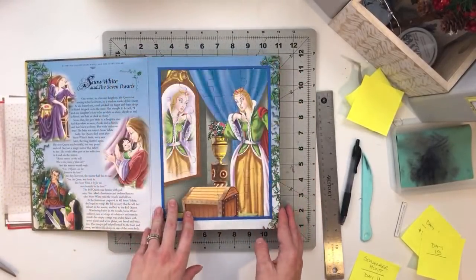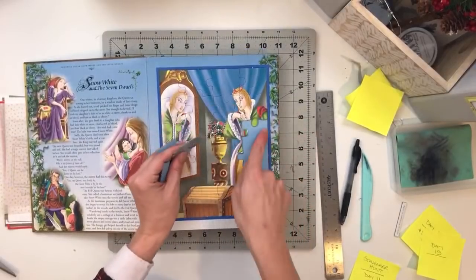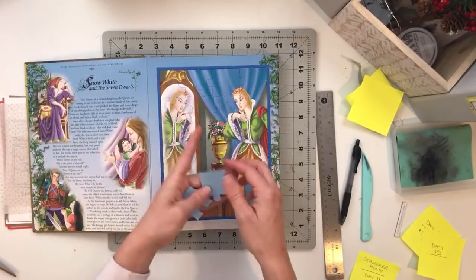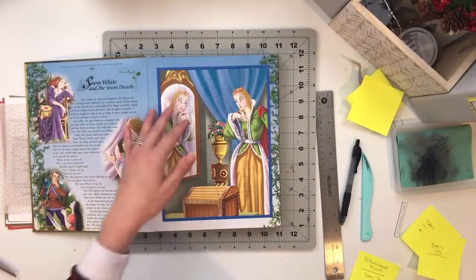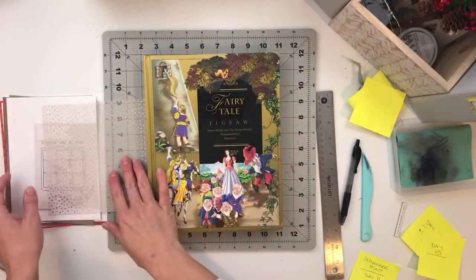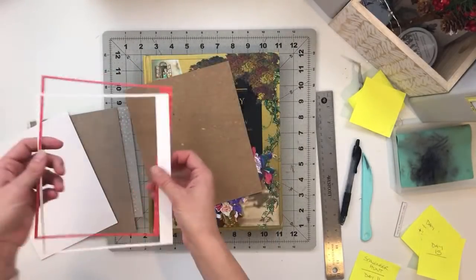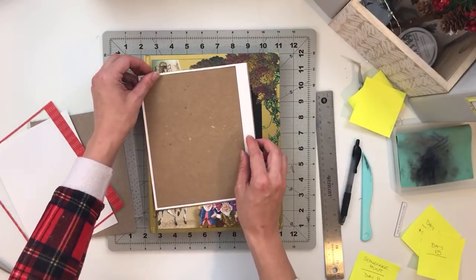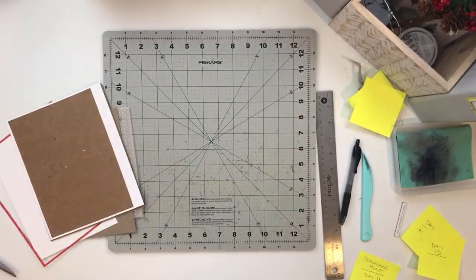The way this works is it's a puzzle inside of a frame. If I pull the puzzle out, there's a ridge right here that you can build the photo inside of. So what I want to do is create a page that works just like this, but for my album. I have a frame that I'm going to use, which I made. I made a silhouette cut file for it, but there's also a PDF. It's very simple, like a very thin frame that has this thicker side to punch holes into. So my idea to make this work